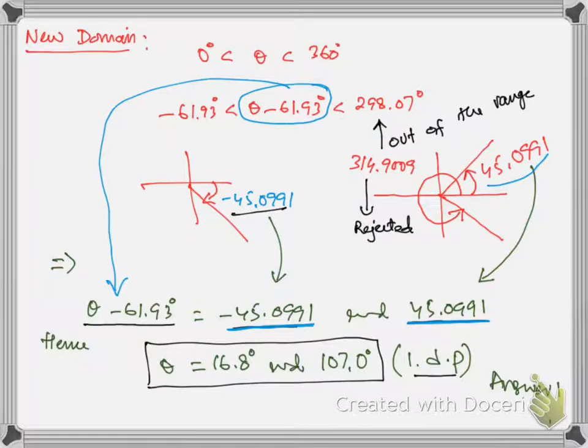While listing the answers, make sure that you copy this angle on the left side. So always copy this angle on the left side while listing your answers, like this answer and this answer, so that you can work for theta. And give your answer up to 1 decimal place because of the Cambridge restriction, which is always on the title page. So always read the instructions on the title page. So this is the way to solve these types of questions.